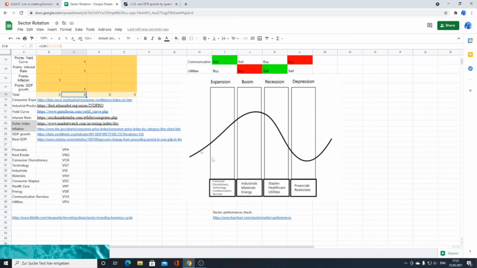So when we look at this graph down here, we can say for certain, after looking at all the data, that we are in a mid-boom phase of the economy. And down here, we can see the sectors that perform well based on where we are in the cycle. So right now, industrials, materials, and energy should perform really well. So we can quickly check this down here in the sector performance check,